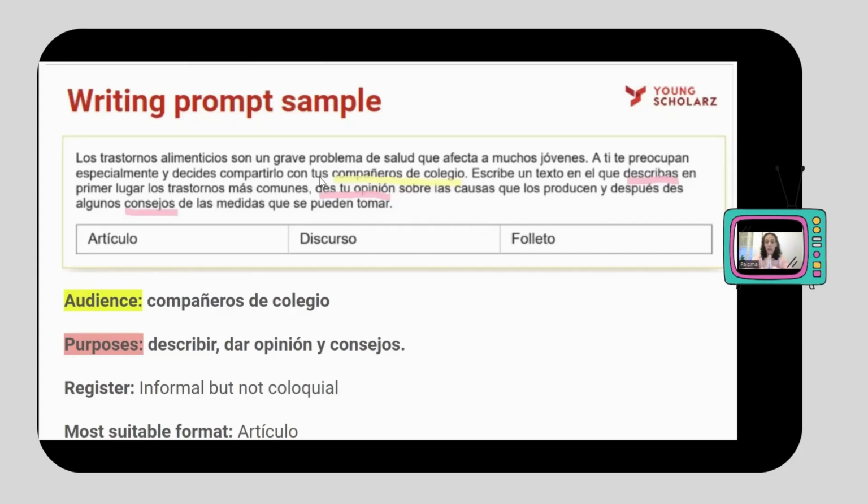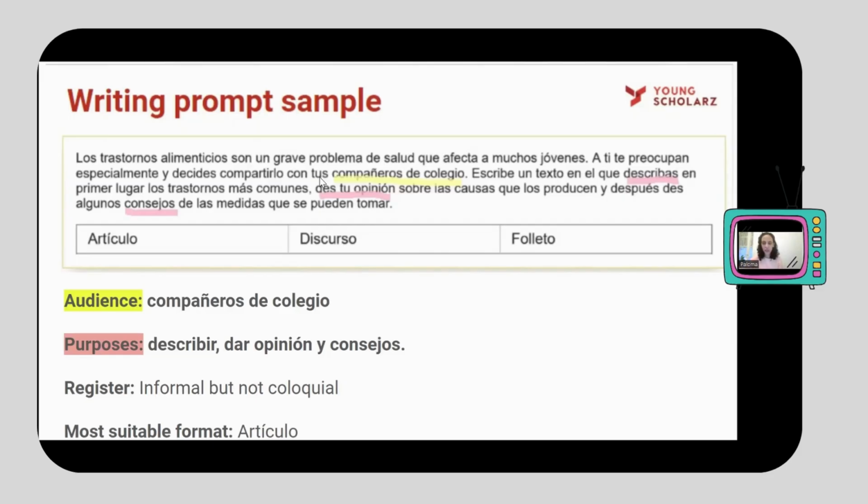For what are we writing this text? We are writing to entertain, to inform, to advertise, to describe. There are different purposes, and generally those purposes are expressed by verbs, okay? Action verbs. So let's identify our second underline. It has to be those actions, those verbs that express the purpose of writing this text.